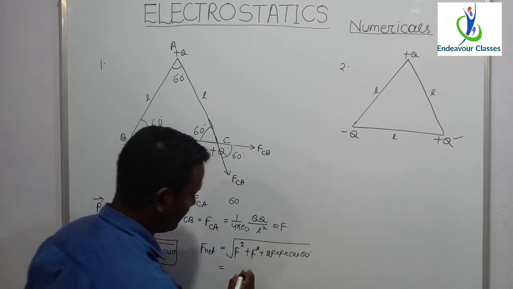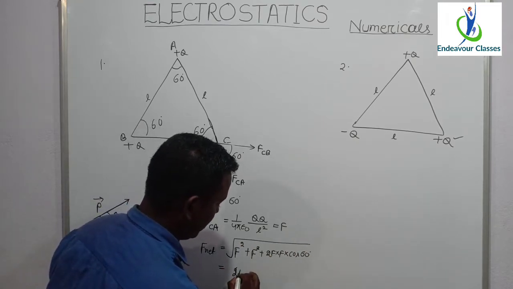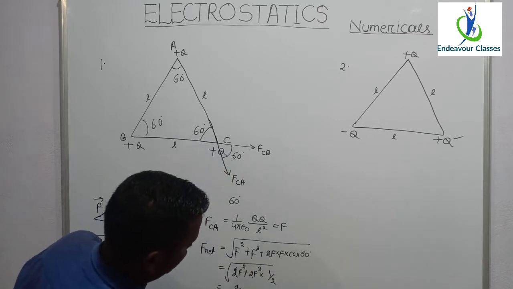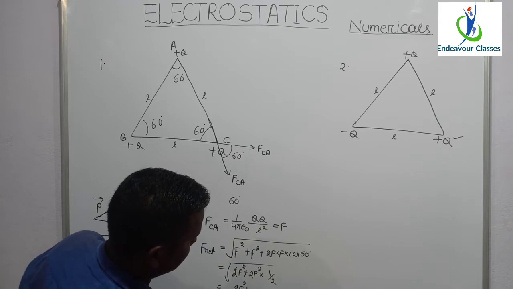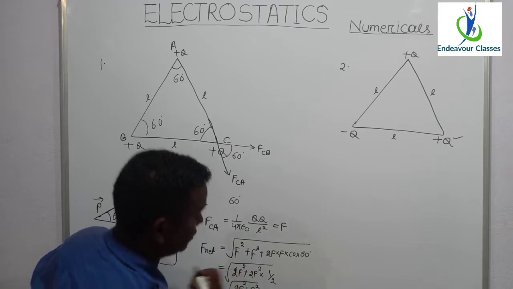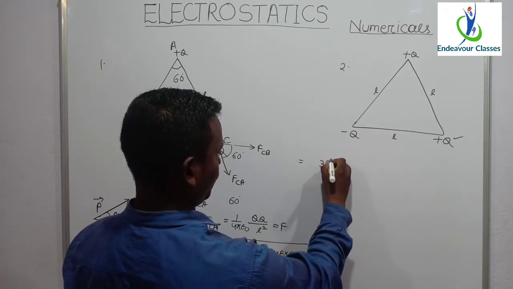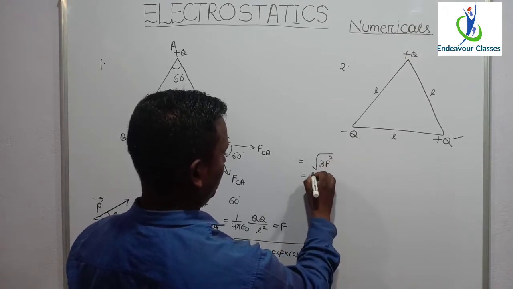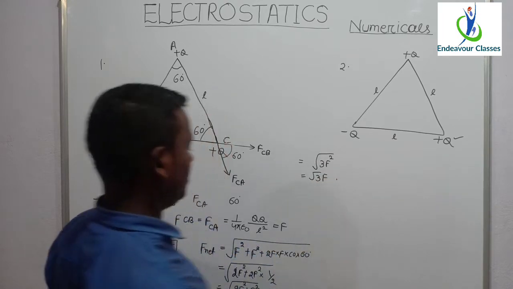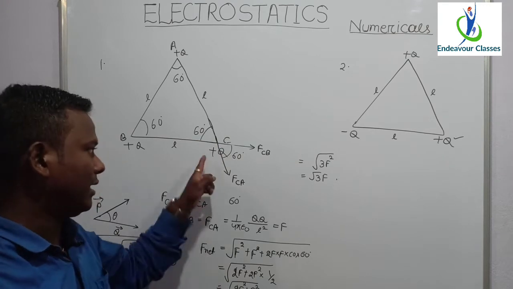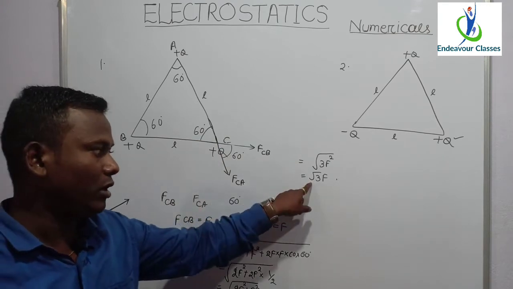So that will give us 2F square plus 2F square, and the value of cos 60 is 1 by 2. So it will be equal to 2F square plus F square, square root. So that will be equal to 3F square, square root, which is equal to root 3F. So that means the magnitude of the net force acting on this plus Q will be equal to root 3F,